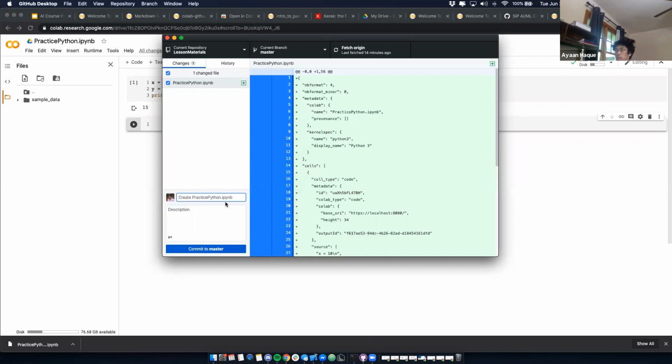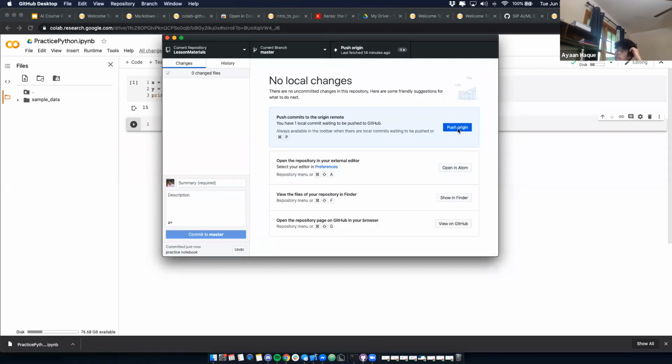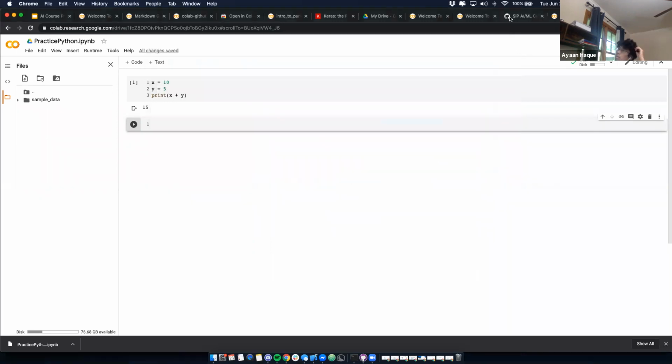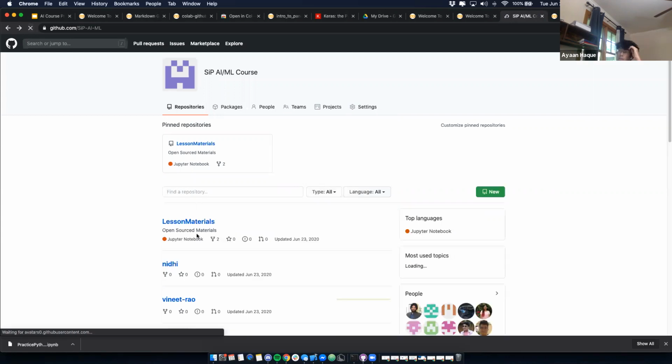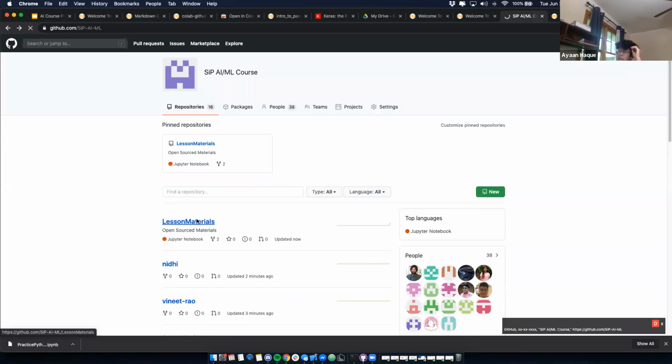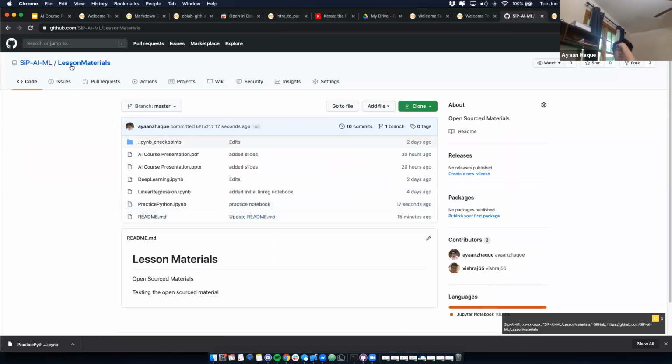You give it a message, then commit to master, then push origin. Now it's pushing my code online. When I go over here, I'll see that my code has been updated and the notebook is in.